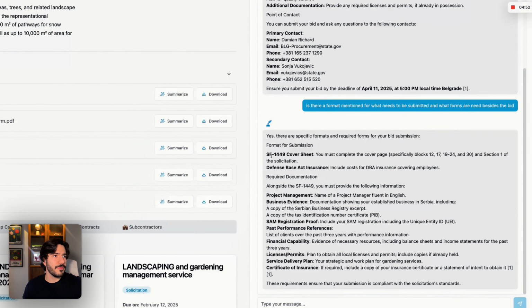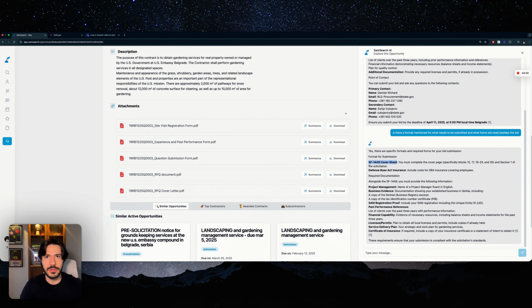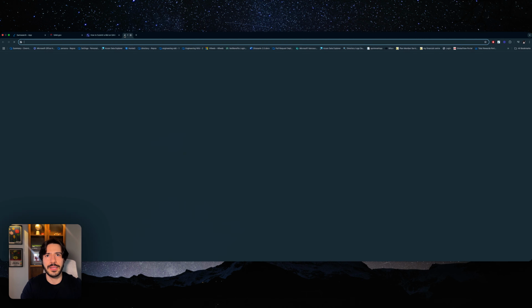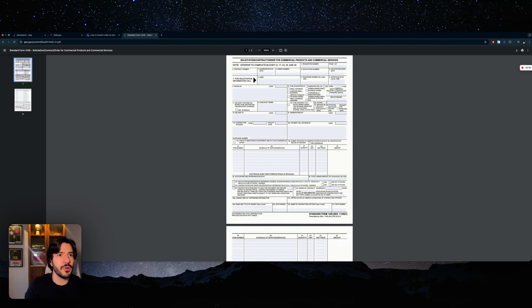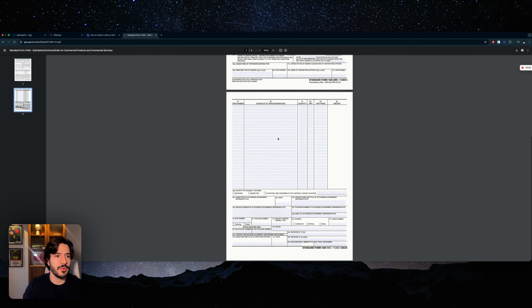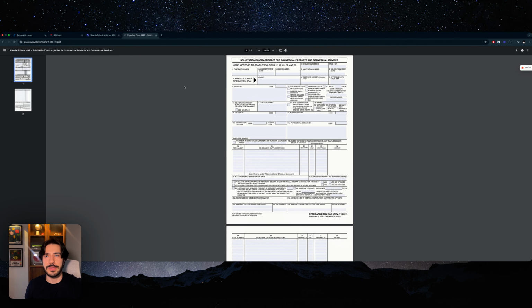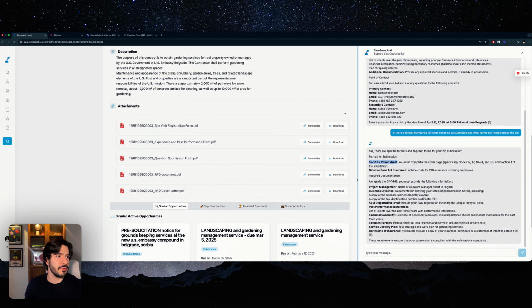So the SF1449 sheet, I think that one is available on the GSA website, if I'm not mistaken. Yep, this is the one. So they need this to be submitted. This way I make sure that I have to submit this. I'm not missing this major detail for them, and it just took me 1 second to know that it's a